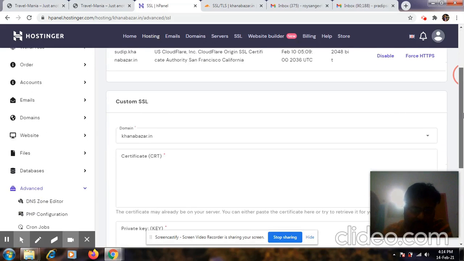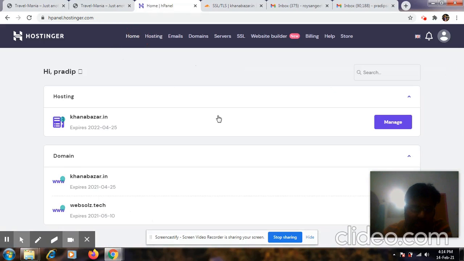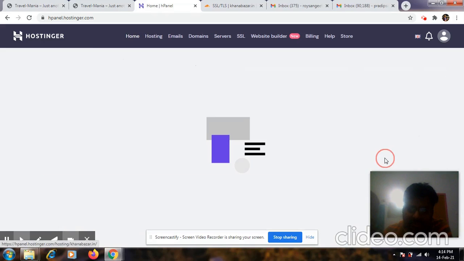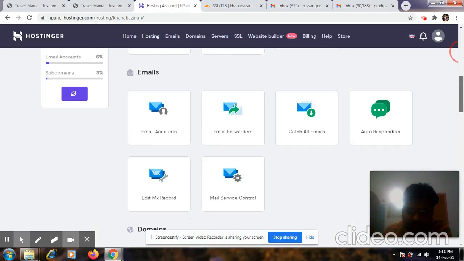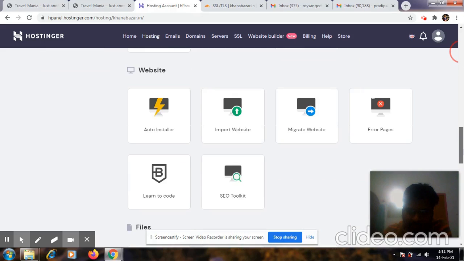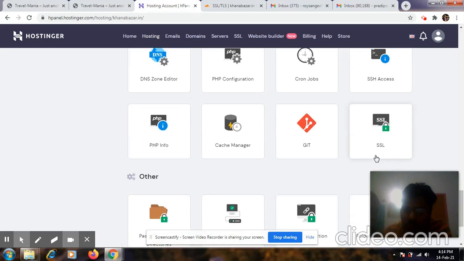After that you need to go to the SSL section. As you can see, if I show you, first manage, then go to SSL.